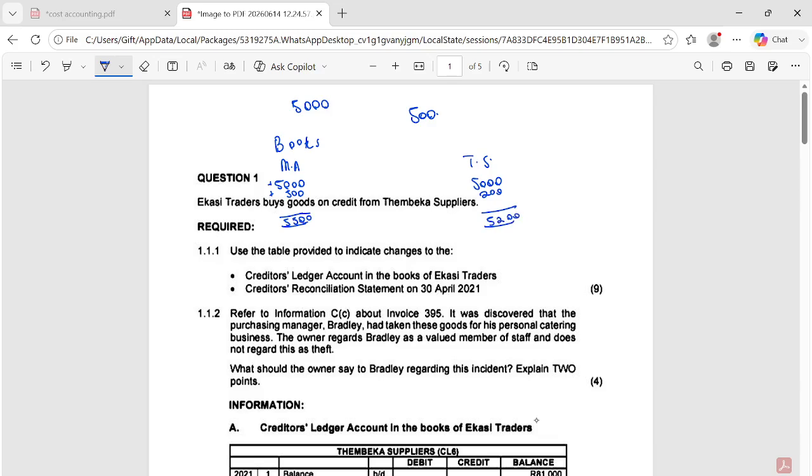Now we'll have to see what's wrong, what happened in order for our balances not to be the same. What happened is that I came back and bought something on credit for 500. I recorded it, but instead of them writing 500, they wrote it as 200. Now how are we going to correct these balances? Let me just go back and see all the transactions that occurred to see who made the mistake. I'm claiming that I owe them 5,500 and they're saying that I owe them